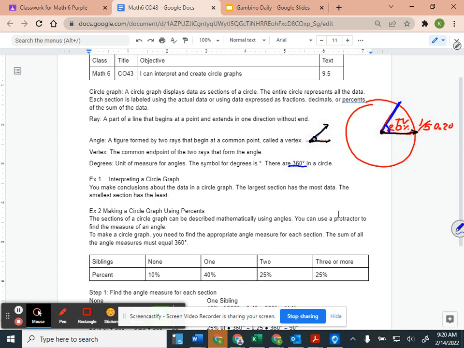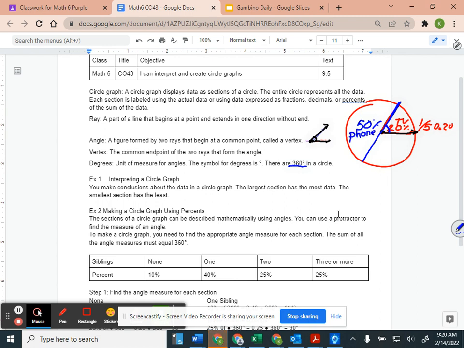We're going to be interpreting a circle graph. You can make conclusions about the data in a circle graph. The largest section has the most data. The smallest section has the least. So if we had a 20% and then we have this whole half and this is 50%, a much bigger section is going to have more data. So maybe we have,